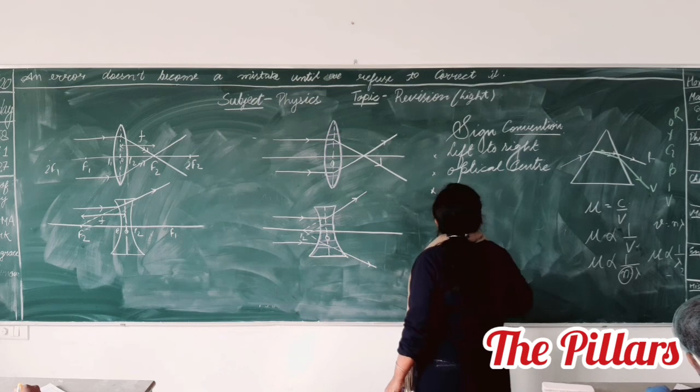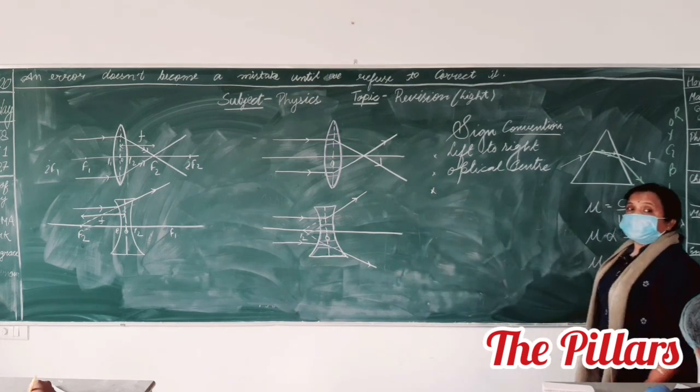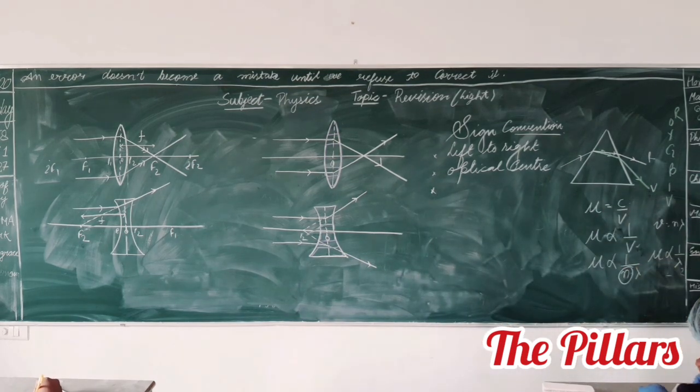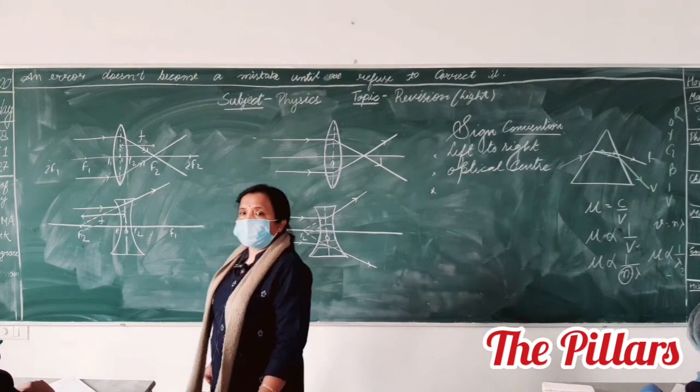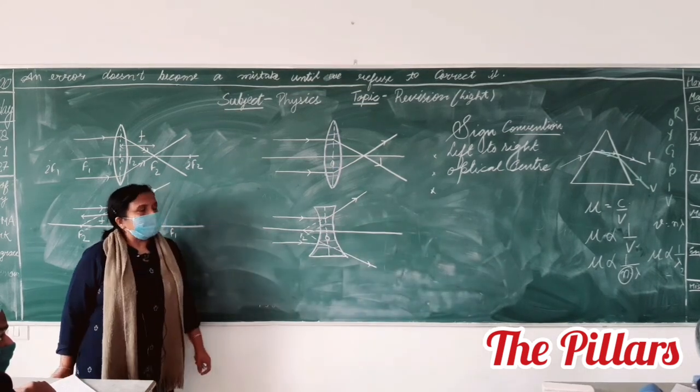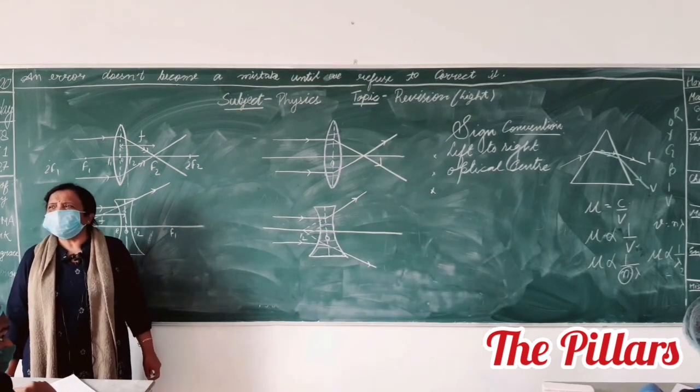Akansha Priya, define optical center. It is the point on the principal axis which after the light rays get refracted inside the lens, the refracted rays meet at the... No, let her answer. Nobody should help her. She can answer me. Harshita, can you answer, what is an optical center? It is the point on the principal axis in the lens.